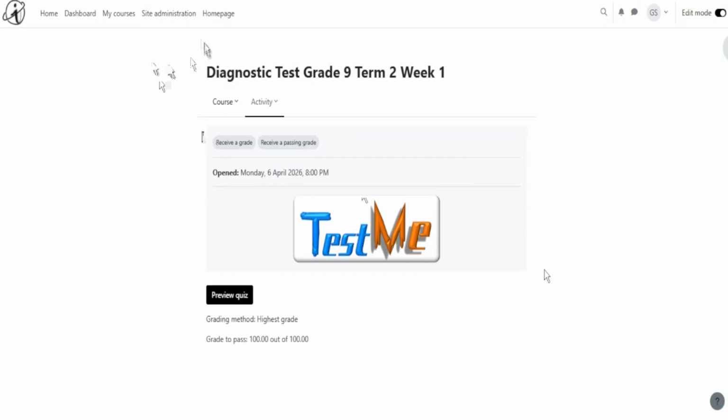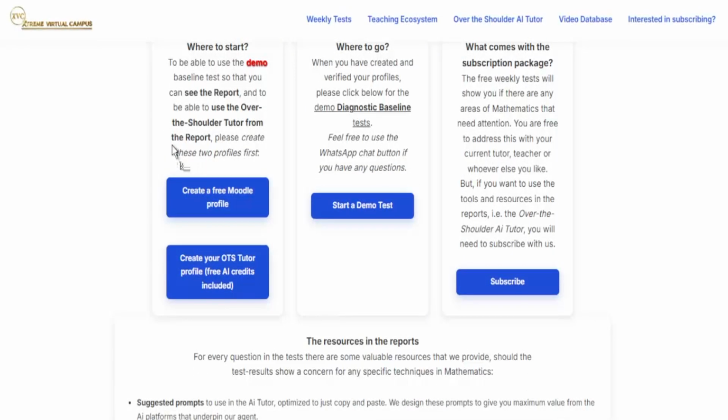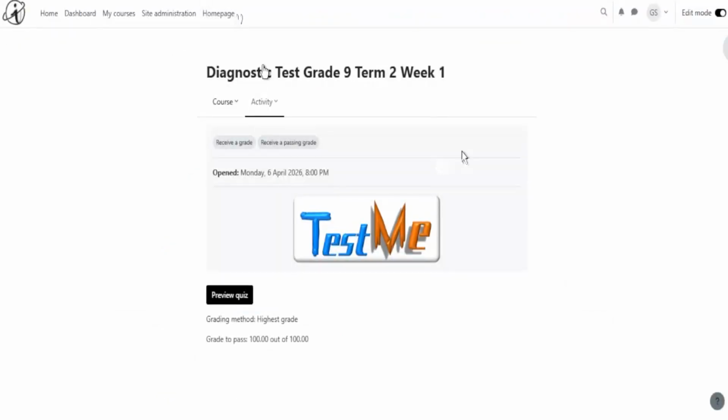So that, in order to get to this page to do the test, is why that top button, create a free Moodle profile, was important, because without that Moodle profile, you cannot be enrolled for this test, and therefore you won't be able to do it. So that's very important.